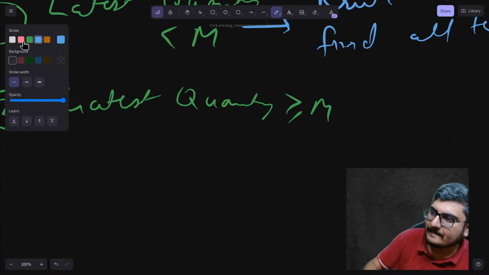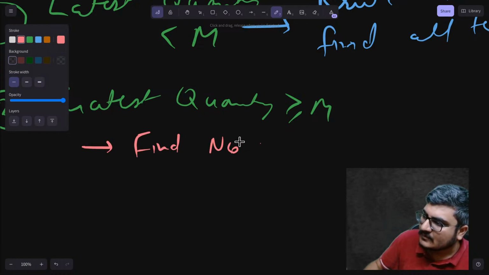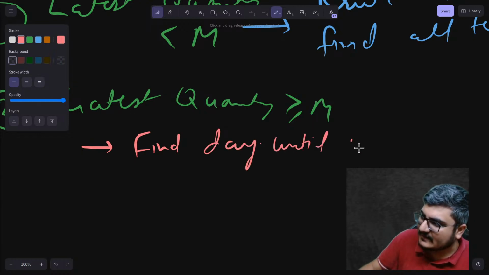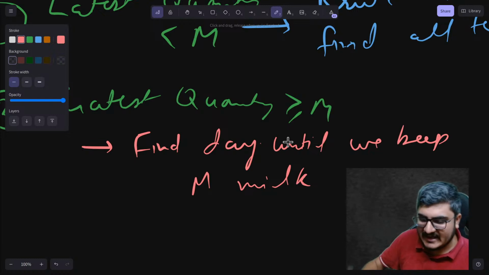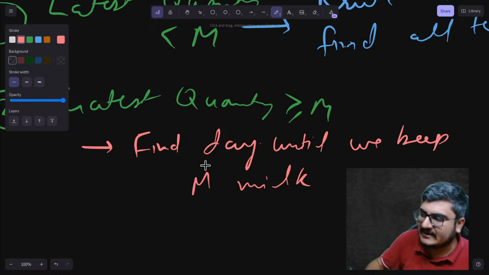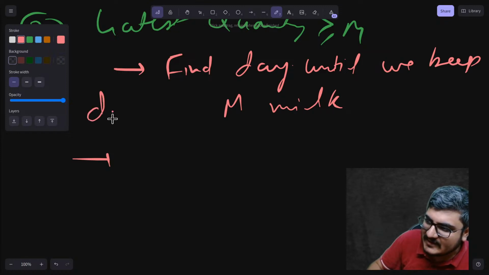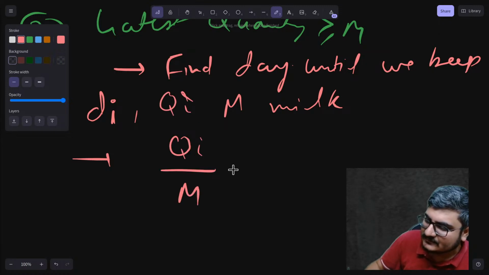For this case, find the number of days, find the day until we keep drinking m milk. And the idea would be to make a direct jump over there, to find for how many days we can keep drinking milk m. If this milk came on day i and the remaining quantity is qi, then we can drink it for qi more days. So until qi plus current day,